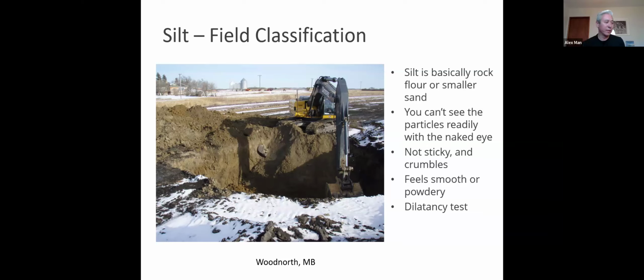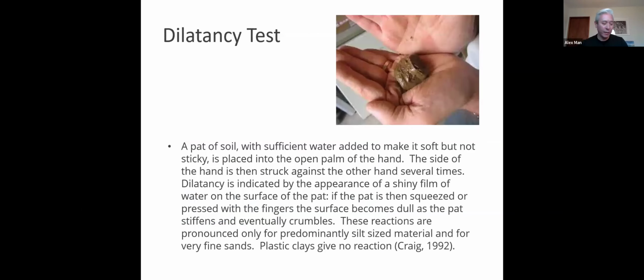And we have what's called the dilatancy test that we can use to help identify it. And to make you remember it, I'm going to call it the shiny poop test. So you roll yourself a little turd of silt in your hands, and all you do is knock one hand against the other. And if it's a silt, it starts to shine. So it's releasing that water that a clay simply won't do. The photo on the screen right there actually shows it quite nicely. It's shined up really good. So that's the shiny poop test.